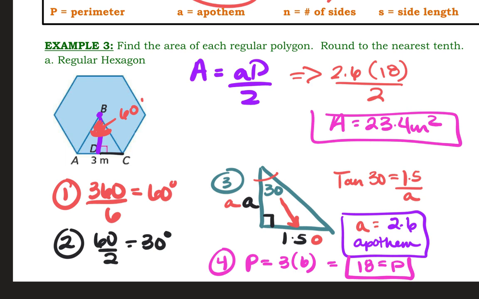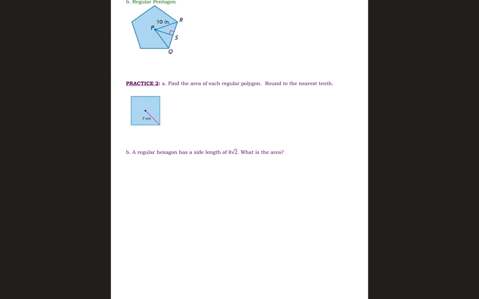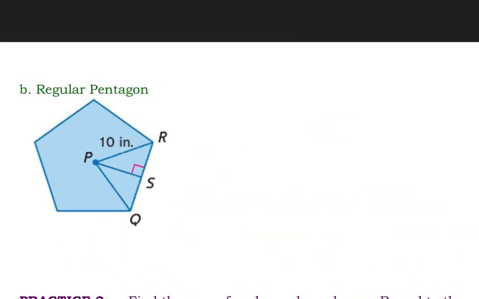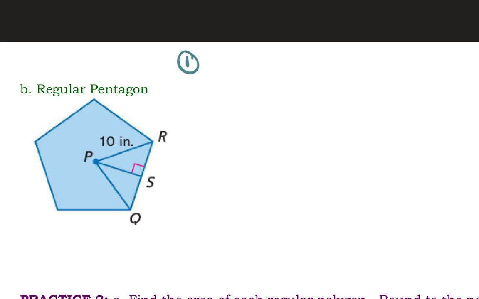All right, let's go over to the back side. So we just have more of these different scenarios I'm showing y'all. With this one here, this one's a pentagon. No matter what, your first step is going to be to find the central angle. How do we find the central angle? We take 360 and divide it by 5. In this case, it's 360 divided by 5. And that gives us